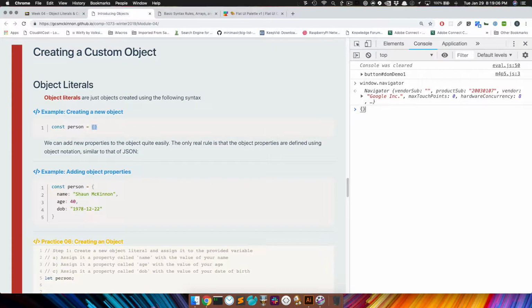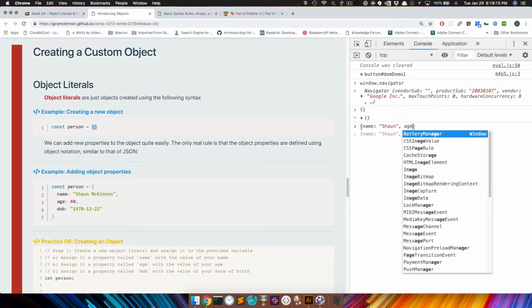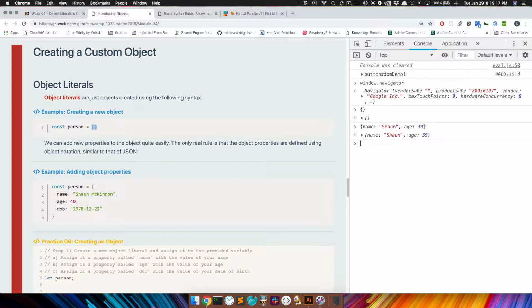So even if I just type them raw like this, that's an object literal, and I can type it with information in it. So I can do name, Sean, age 39, and hit enter, and that's an object literal. It doesn't actually need to be assigned to anything. It is just literally an object. Now, if I assign it to something like person, then this is obviously going to be stored into person